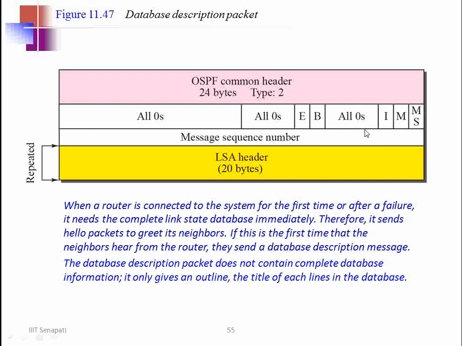The message sequence number is another 32-bit field. This contains the sequence number of the message. It is used to match a request with the response, right? So in the request the sequence number is something, and in the response the same sequence number will be kept. This is another 20-byte field, the LSA header. We have already seen the format of this header, and that it will be of different types. According to those particular types, these header formats we have already seen.